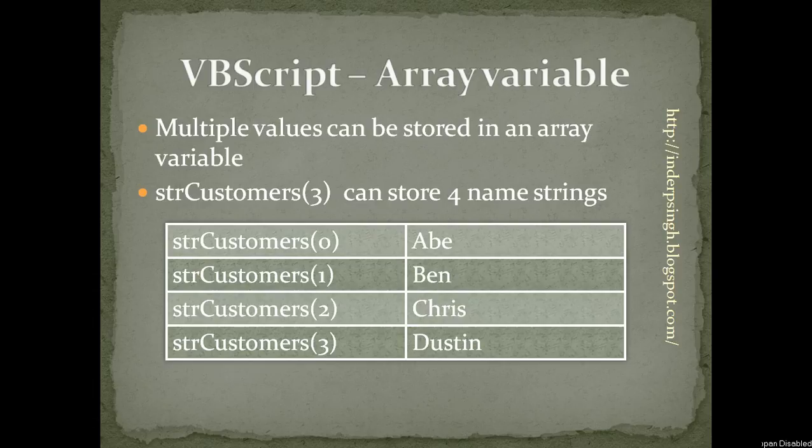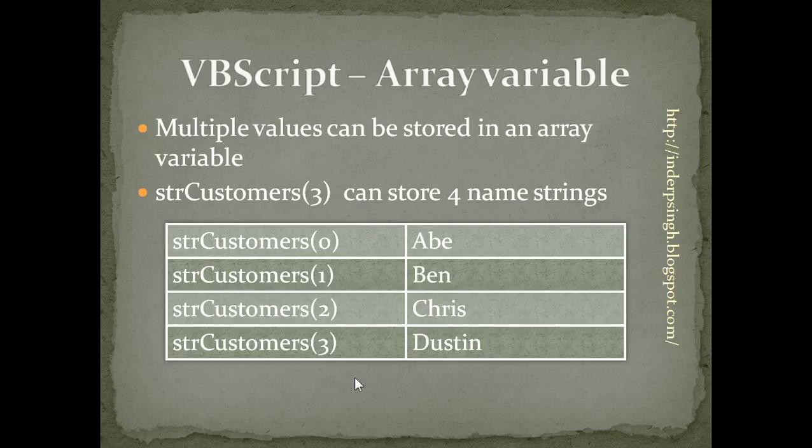First of all, what is an array variable? Sometimes we have a number of values that are very similar, for example, a bunch of customer names or a series of order numbers. Instead of declaring separate variables to store each one of those data, we can create a single array variable and store the data values within it. So array variables are useful for storing multiple values because multiple values can be stored in a single array variable.